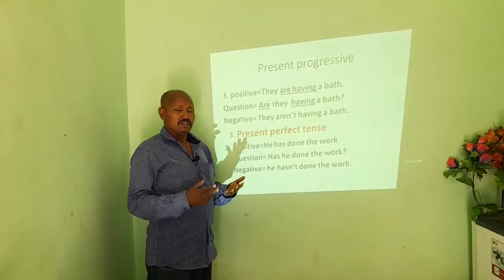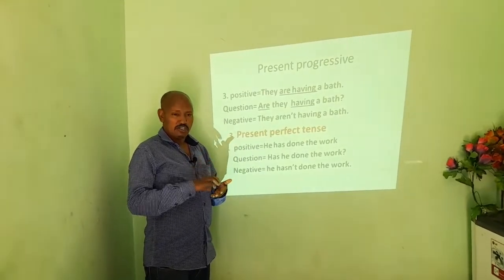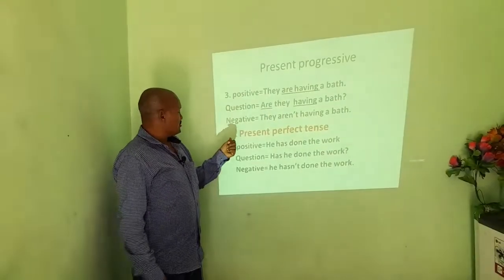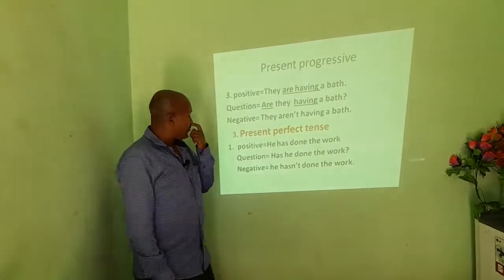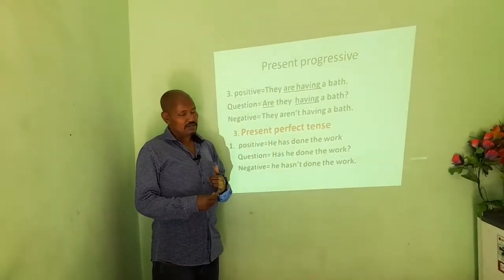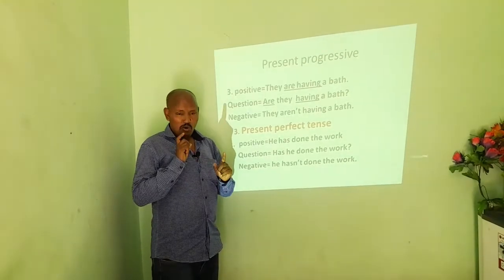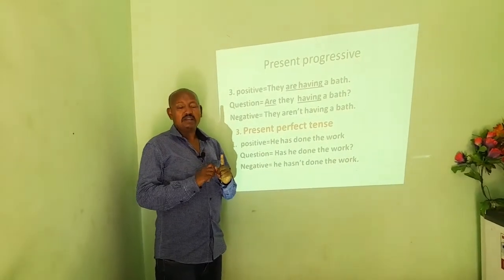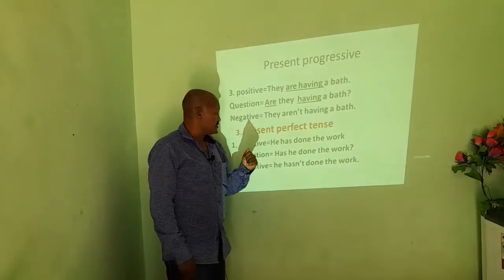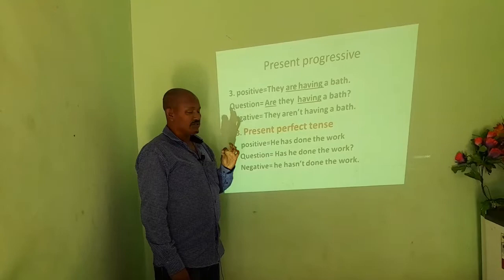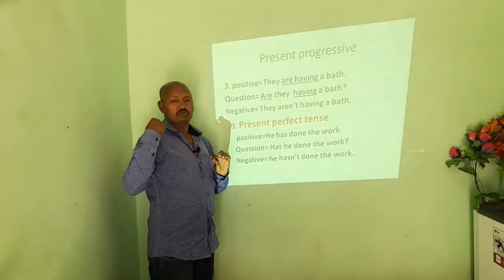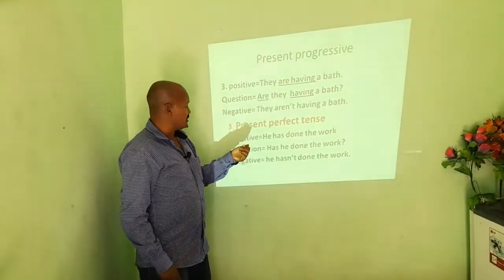Present continuous is temporary; it can change after a certain period, so it is not permanent. When we look at present perfect, the form for present perfect is has plus verb 3 or have plus verb 3. So I want to focus on not only the form, but the implied meaning of the four tenses. Look here: he has done the work means he finished the work. It does not mean he is finishing the work, he had finished the work, or he may finish the work. So he has done the work